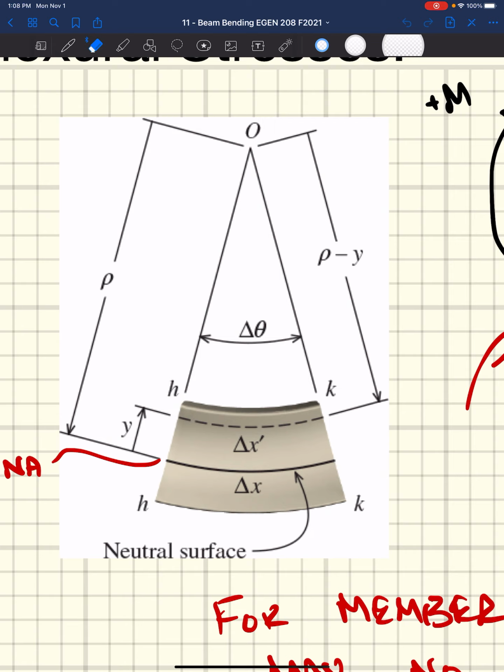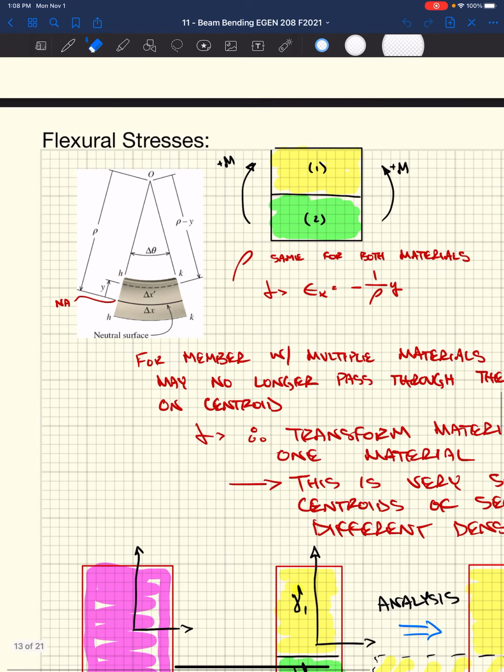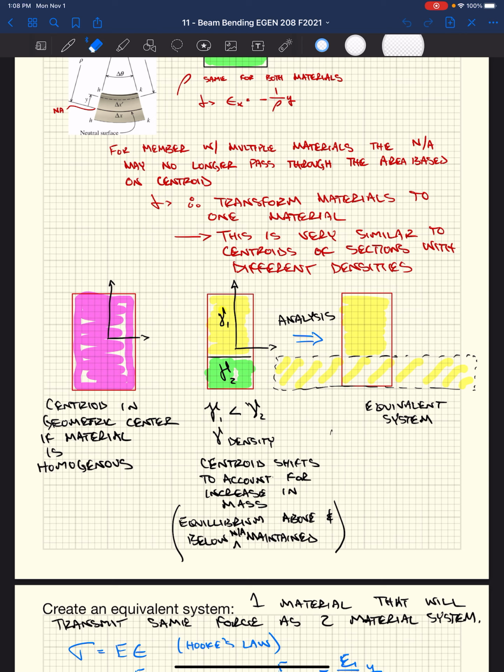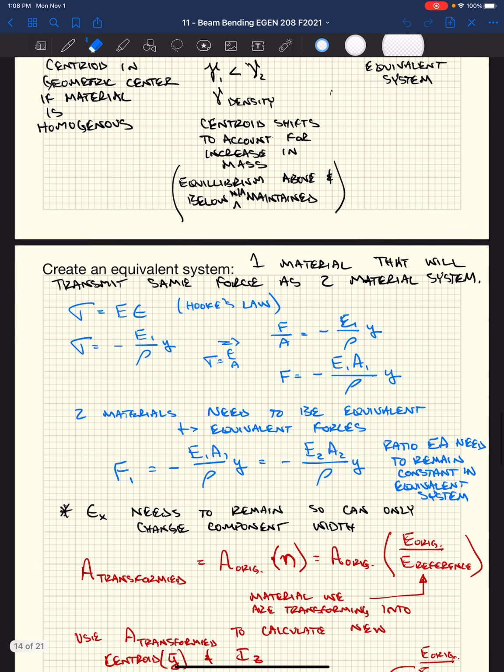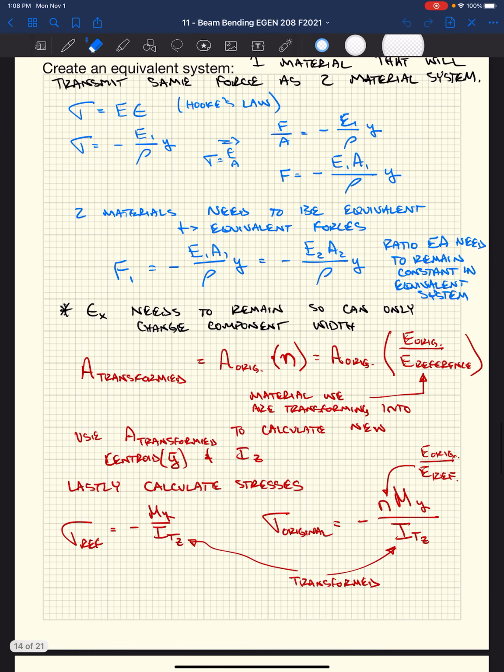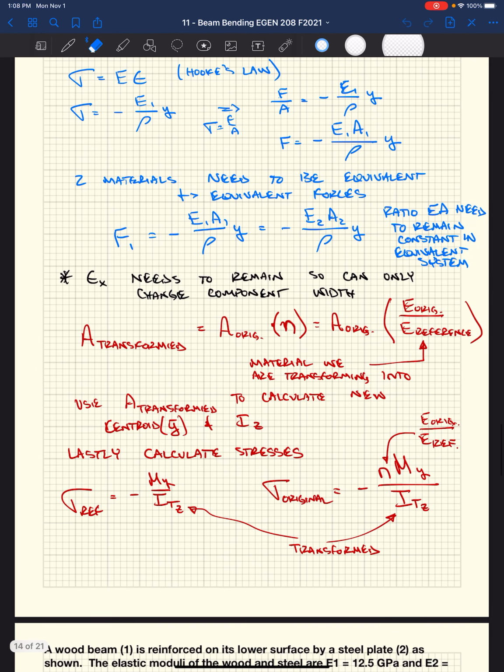And if we were to add depth to this member, you're going to start screwing up the way that strain behaves. We're going to have more distance, which means we're going to have more strain. And so in order to come up with an equivalent system, we decided that we couldn't add depth. So what we end up doing is making one material into the other material based on a ratio of our moduli of elasticity. We came up with this n ratio, which is the original modulus of elasticity to our reference modulus of elasticity. Essentially our original material over what material we are trying to change this into,